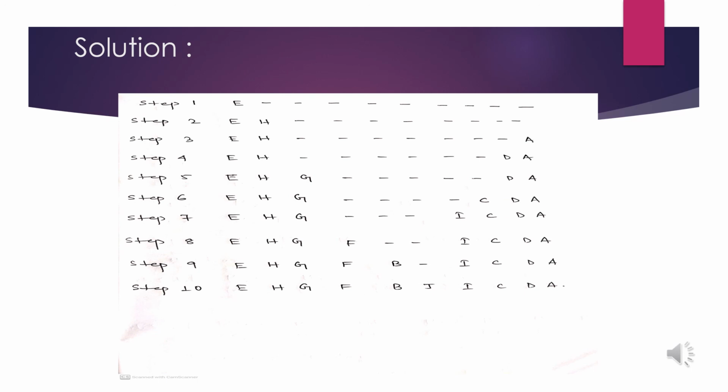Now if we look at the shortest processing time in workstation 1, we have job F, which is at 3. So that will be placed after G. B now has the next shortest processing time in both workstation 1 and 2. I'll take workstation 1 and place it after F, and the job that is remaining, that is J, I'll be placing between B and I. So now at step 10, I have successfully scheduled the entire work based on Johnson's rule.